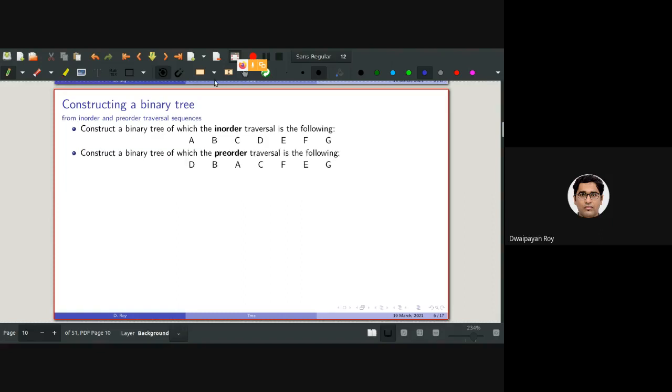Okay, construct a binary tree of which the pre-order traversal is the following: D, B, A, C, F, E, G. So let's draw one tree.